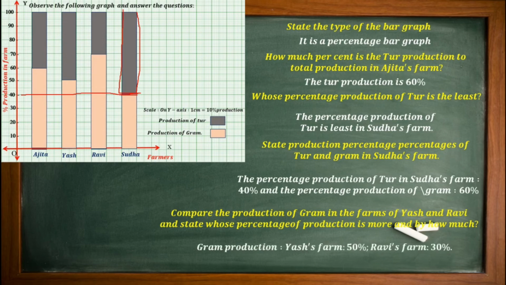Okay, so the gram production in Yash's farm is 50% and in Ravi's farm is 30%. You see here, Yash is around 50%. This mark is for Yash here, the 50% mark, and Ravi's is here, 30%. Okay, and the 50% for